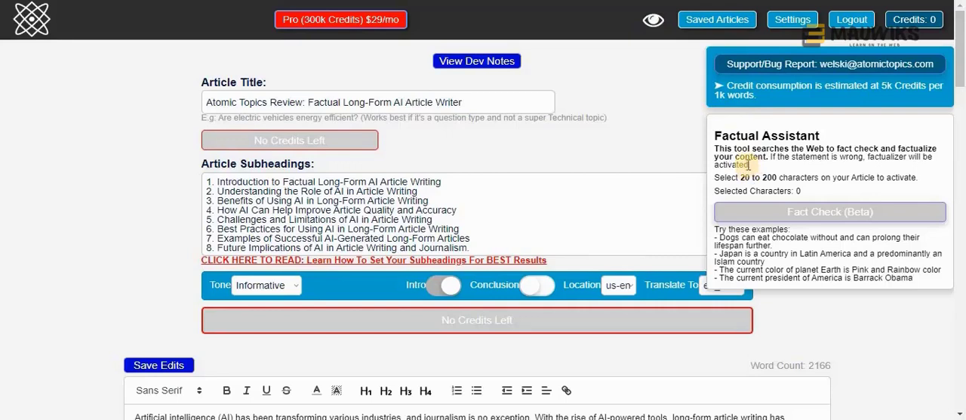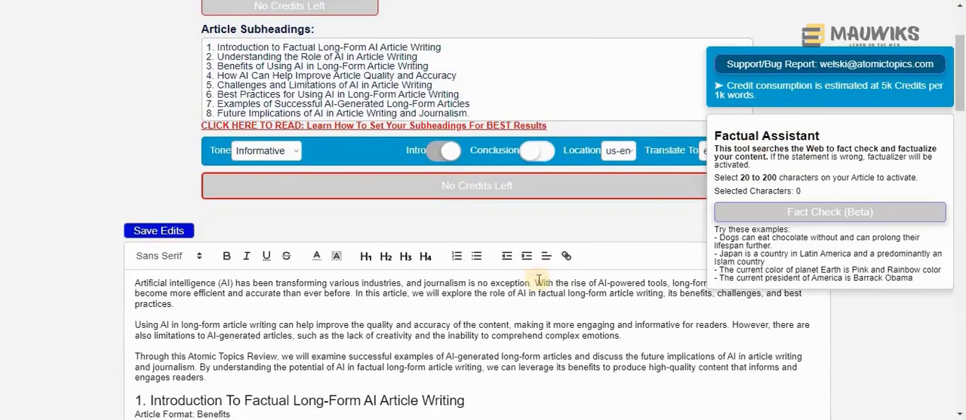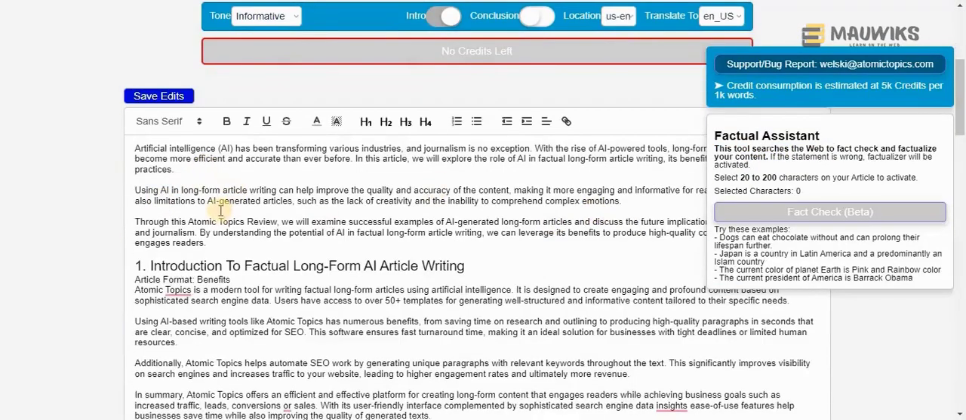And then here, Factual Assistant. This tool searches the web to fact check and factualize your content. If the statement is wrong, Factualizer will be activated. Select 20 to 200 characters on your article to activate. So it also has a factual assistant. The nice thing about this is that if you proofread